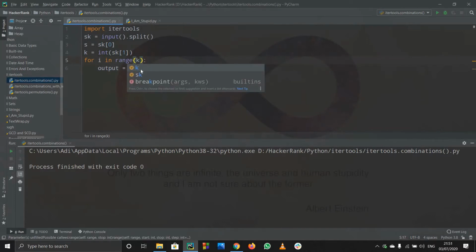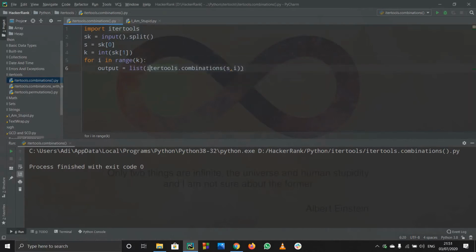But when we write k over here, k will not be included. That is, k will get excluded. So if I write k plus 1 over here, then k plus 1 will get excluded and k will get included. But if we write it in this way, then i will start from 0. And the combination of s with 0 will be an empty list. We don't want it. We don't want an empty list, so I'll have to start i from 1 now. So when I start i from 1, it will go from 1 up to k, because k plus 1 will get excluded as it is at the right side of the range basically.